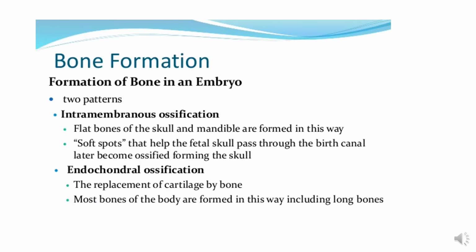Now, the process of bone formation, as I have told you, has two patterns: intramembranous ossification, which occurs in the flat bones of the skull and mandible, and soft spots that help the fetal skull pass through the birth canal. Later, they become ossified, forming the skull. Now, endochondral ossification occurs by the replacement of cartilage by the bone. Most bones of the body are formed in this way, including the long